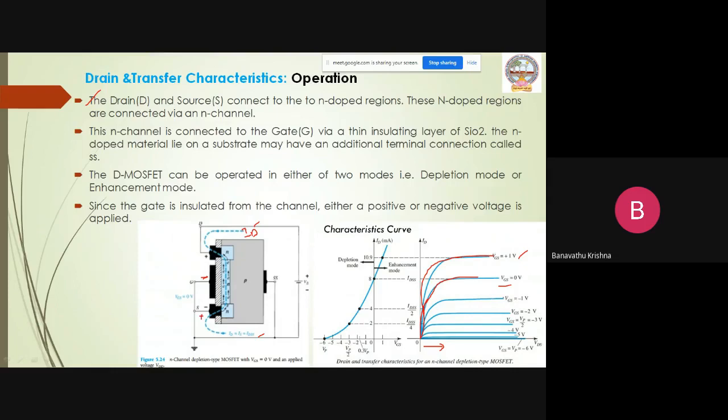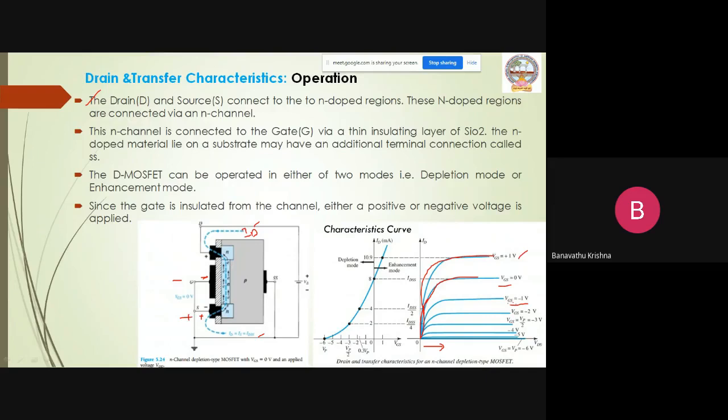Okay, this is VGS equal to minus 1 volt. VGS equal to minus 1 volt is nothing but the voltage at gate with respect to source. The negative potential, negative voltage, nothing but here negative, here it is positive. Then there may be slight changes across the channel. Due to the maximum amount of charge carriers moving from source to drain region, there is a charge inversion across the drain region.